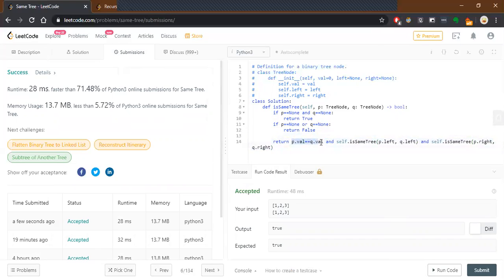So the basic point was this: when we are given two nodes, we need to traverse the whole tree, and we need to do it methodically. And the method is going to the left part and going to the right part periodically. In this case, we need to go to both of the parts and check if both of them are same or not. It cannot be the case that one of the left subtree or right subtree is same, but the other is not. So we need to check both.